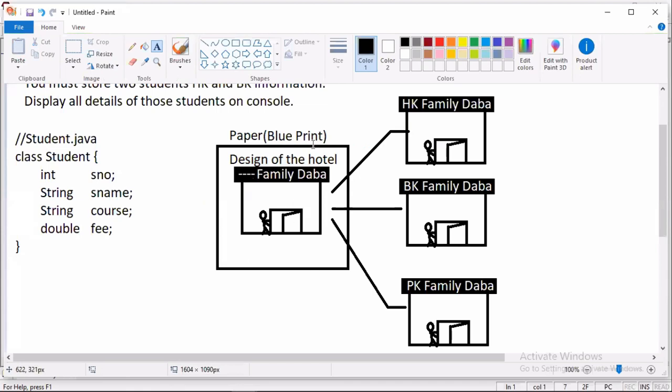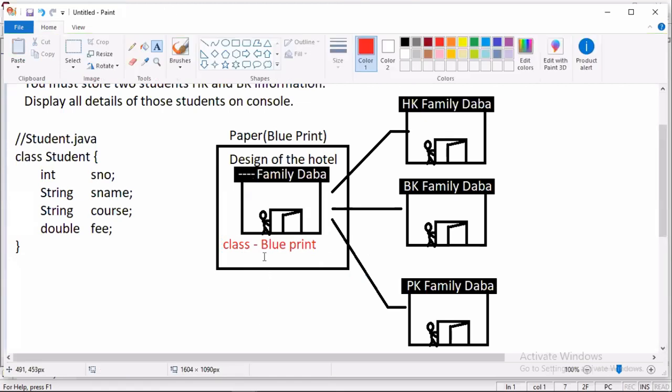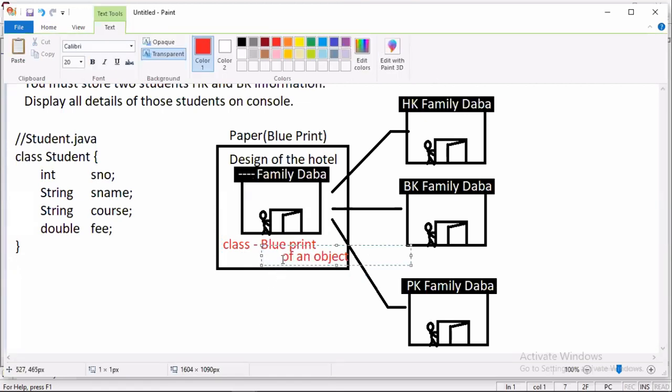In Java, first of all, you have to create this blueprint by using a class. So what is a class called? Blueprint. And what is the hotel? The hotel is the object. A class is a blueprint of an object.